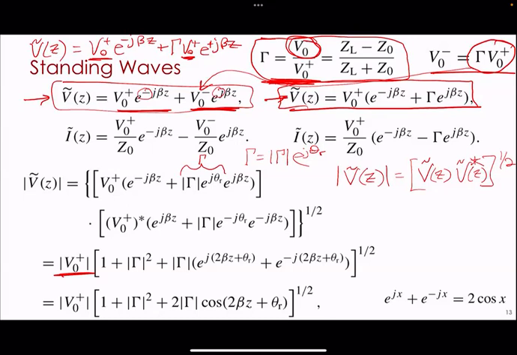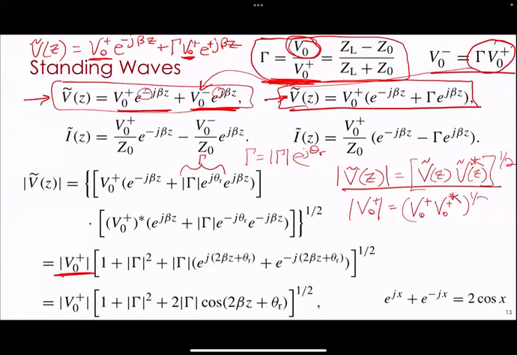Yeah. So basically what we're doing here is similar to this, but I'll just write it. The magnitude of V0 plus equals the square root of V0 plus times V0 plus complex conjugate. That is a fundamental equation or definition of how you calculate magnitude, just like we had real part squared plus imaginary part squared, take the square root. And if you want to convince yourself of that,